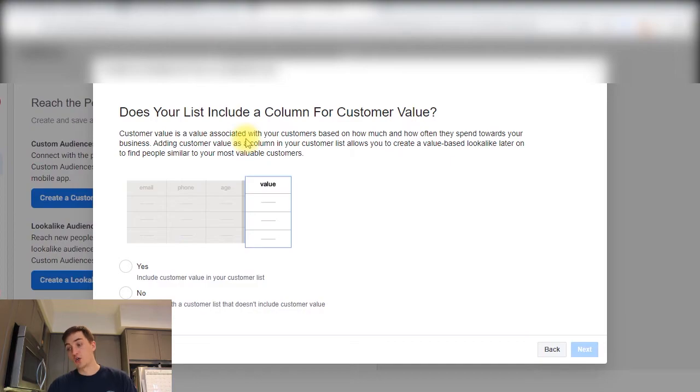You could include a column in that spreadsheet in that customer export based on the amount of revenue that you've earned from them. And then if you do that, you can click yes. And what Facebook's going to do is, instead of simply building a custom audience based on the total list, it'll actually prioritize the people who are spending the most money or who have earned you the most revenue. Then we would click next,